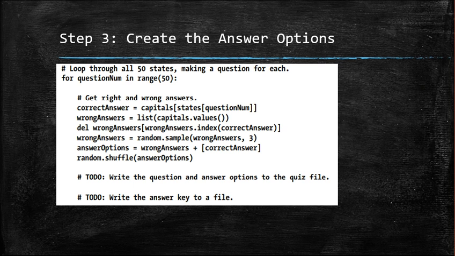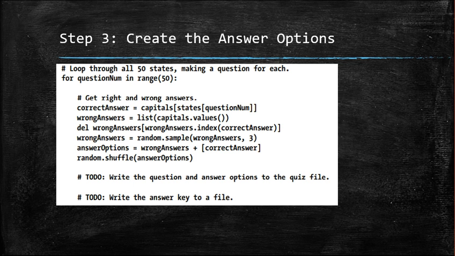So again, answer will be in what form? It will be in the form of multiple choice. Okay, I already showed you that answer key. So it will be in the form of multiple choice from A to D. Okay, so for this purpose, again we are using one more for loop here, wherein you're giving the range as 50. So this will generate the content for each of the 50 questions on the quiz. Since we have 50 questions in your quiz, for that purpose you have given the range as 50 here. Okay, so what happens is here we are generating the answer key.